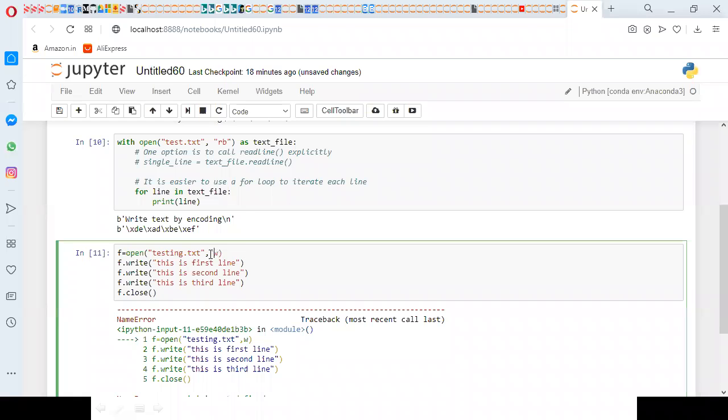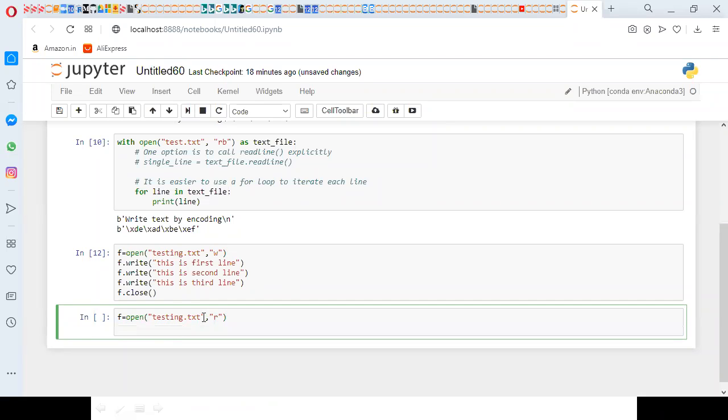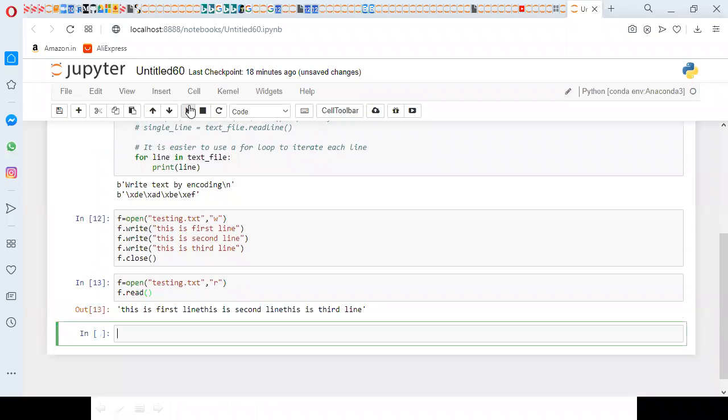So W mode needs to be kept. When I read the file, for example, f equal to open testing.txt, I'm opening in reading mode. Simply f.read I am doing. So this is first line, this is second line, this is third line. I'm getting the content.